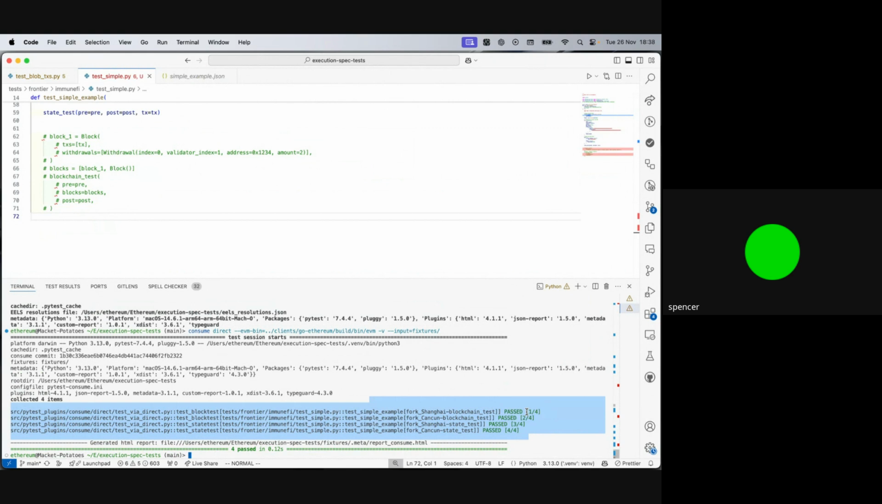But yeah, this is how we can execute the generated tests locally, very fast. Unfortunately, consume direct right now is only working for Geth. So I will show you different ways to run the tests, not just using consume direct. But quickly,